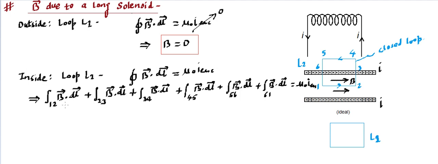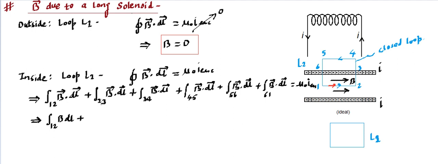1 to 2, if we go for 1 to 2, that means in this branch 1 to 2, DL is along the loop direction and B is in that direction, then you'll find that settle down. This settles down to this point. That means this is going to be equal to, let me use this black color. So it's going to be equal to, from 1 to 2 branch, integration 1 to 2 of B and dl, where B is the field which is inside, plus.